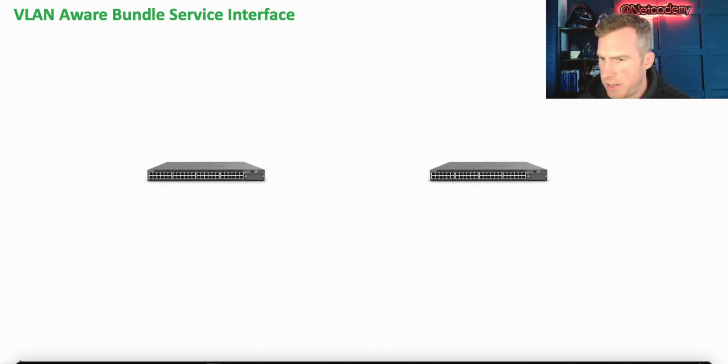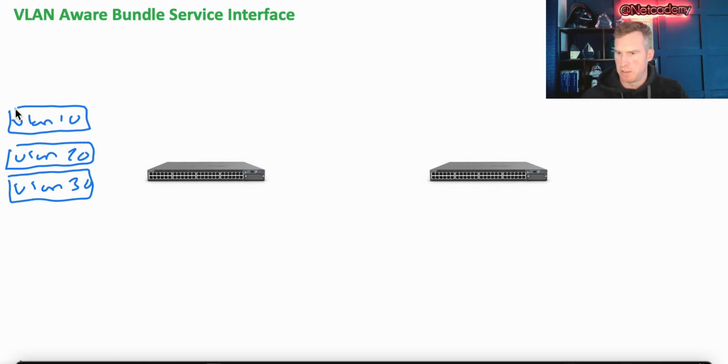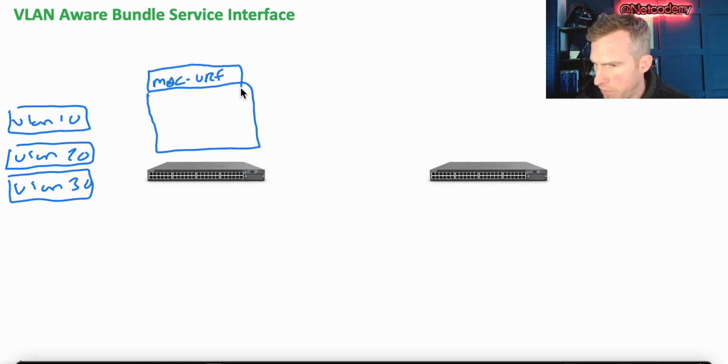So let's draw this out now. So we've got VLAN 10, VLAN 20 and VLAN 30. I'm not going to draw out the layer 2 domains, because at this point, if you're that far into this series, you know what a layer 2 domain is, and that VLAN obviously speaks for that layer 2 domain. And as we've just gone through, each one of these